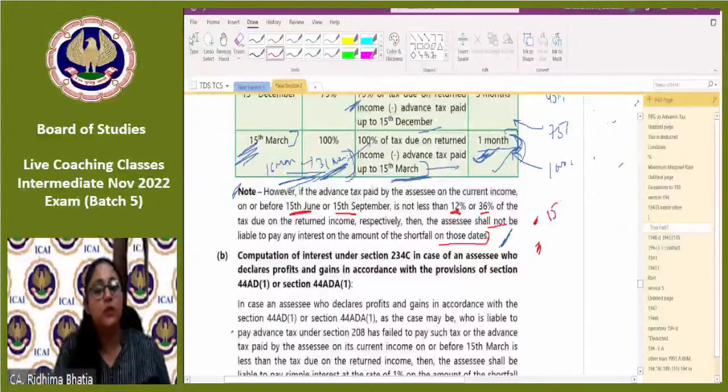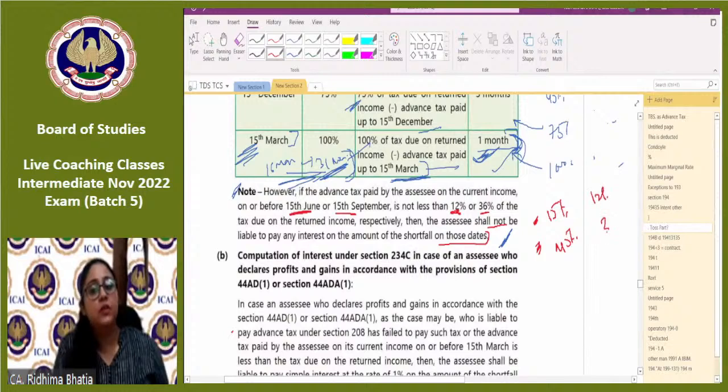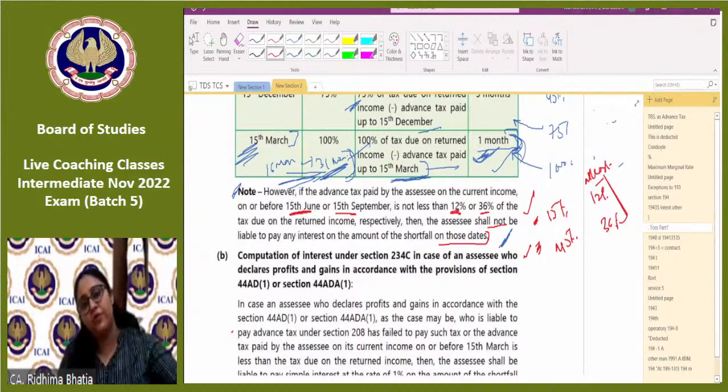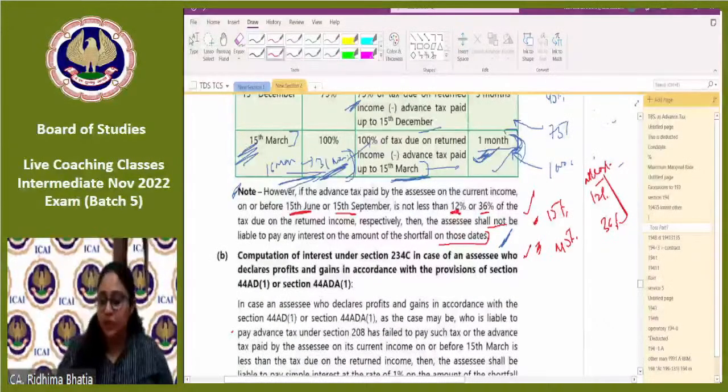So how much do you have to pay? 15% and 45%, right? But instead of 15-45, if you have actually deposited at least 12 and 36, then we'll not calculate the interest on the first and the second installment. Why did they do so? Because obviously, at the beginning of the year there may not be much clarity, right? But by the time you have crossed half of the year,